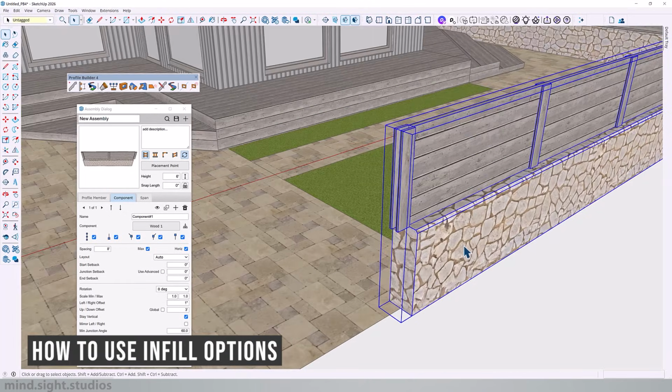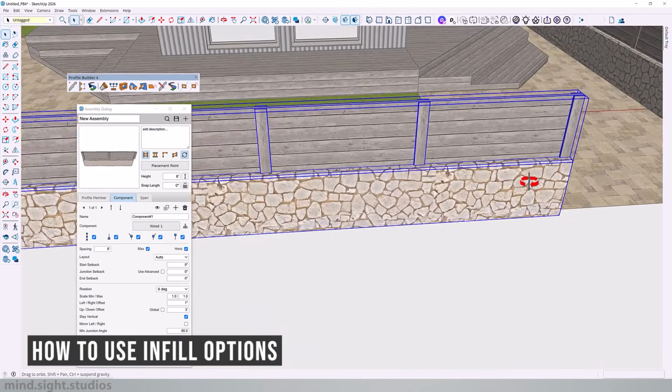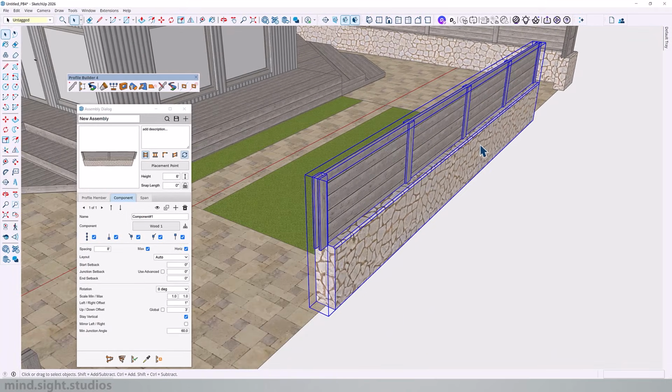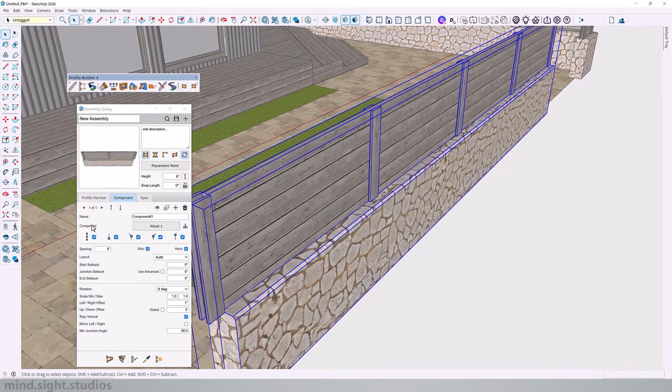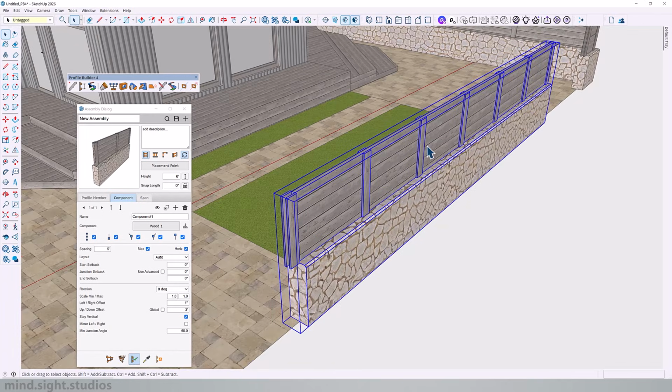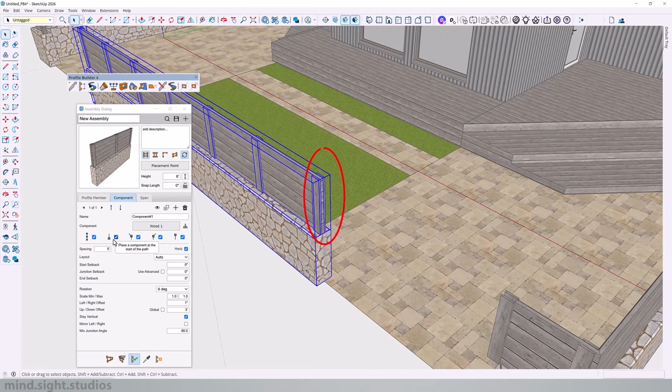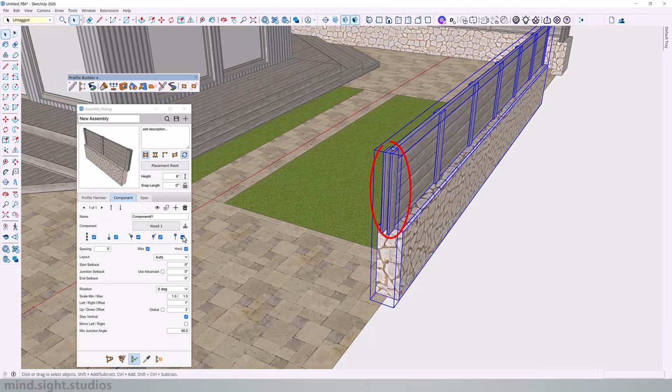So to control the visibility of our components on our path, we can play with the infill options, and that's these settings right here. This one is responsible for components at given spacing along the path, which is affected by the spacing value. So here, if I put 5 feet, you can see how that changed our assembly. This one affects the start of the path. So if I toggle, you can see how that affects the start of our assembly. And if I go all the way to the end, you can see how that affects the end of the